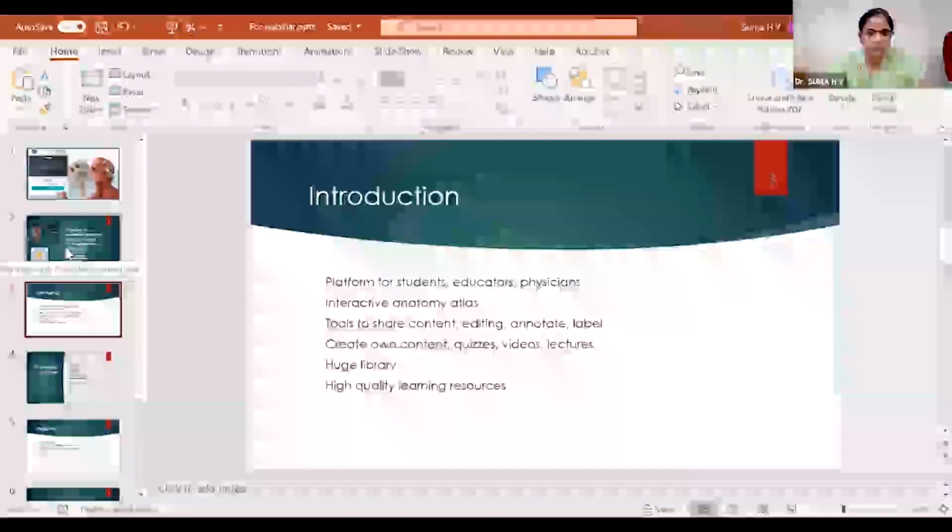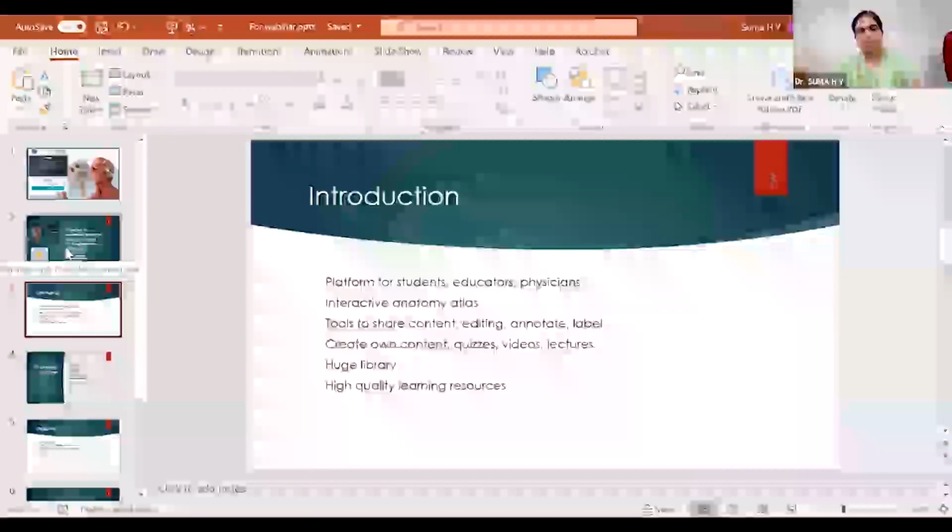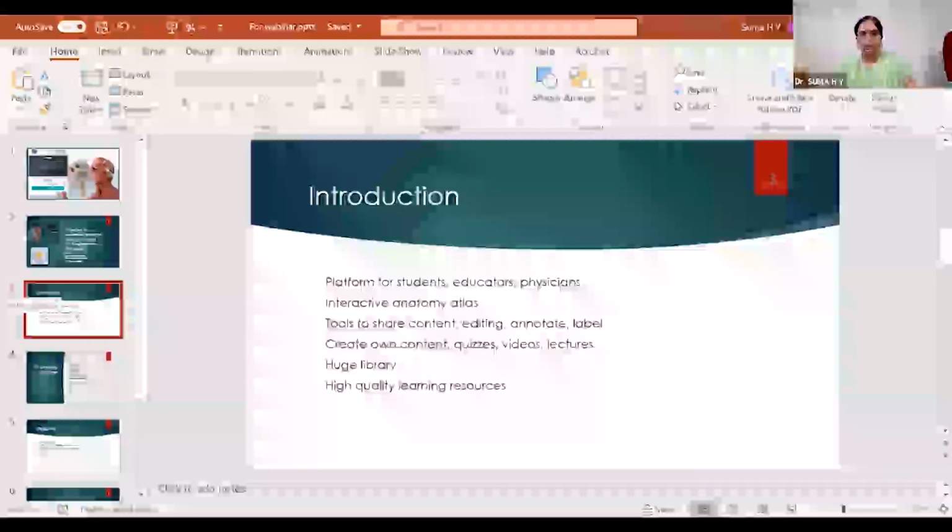Initially, I will give a brief introduction about the software used for learning anatomy by using 3D methods. After that, I'll be directly taking you to the app and showing you how to navigate the software and how best it can be put into use.